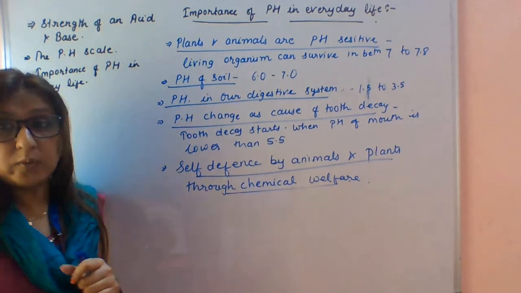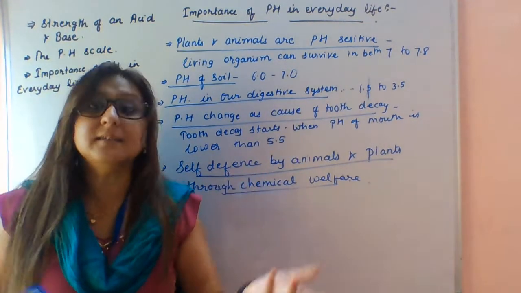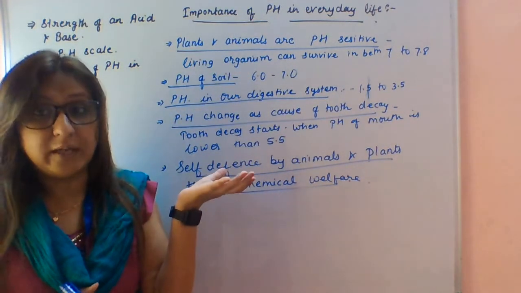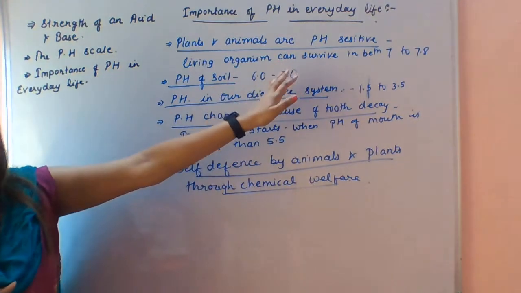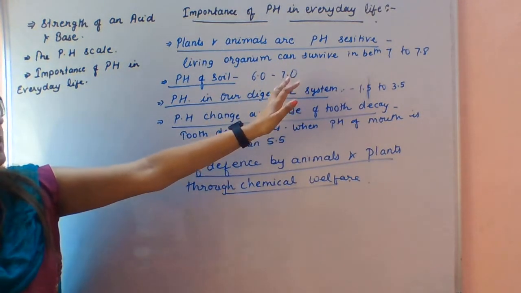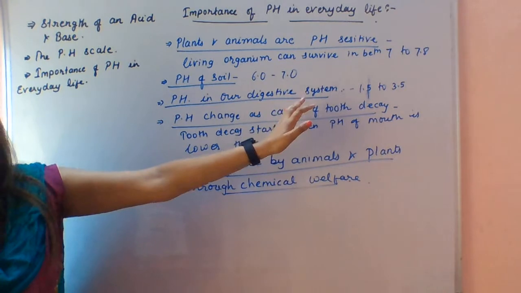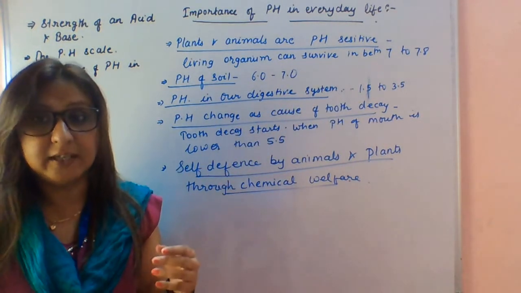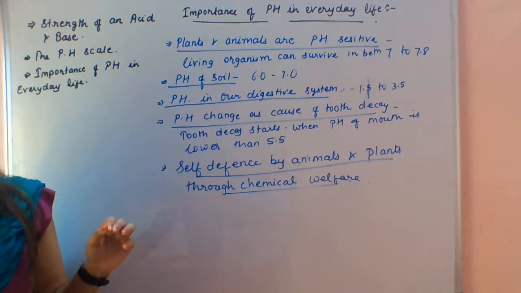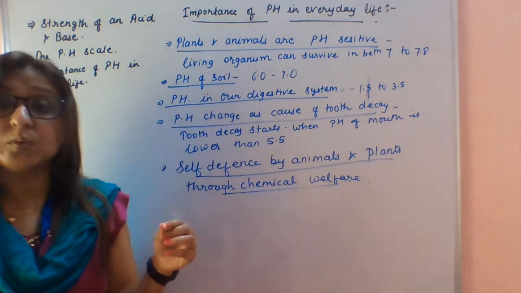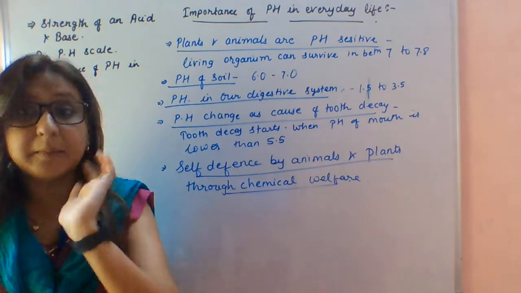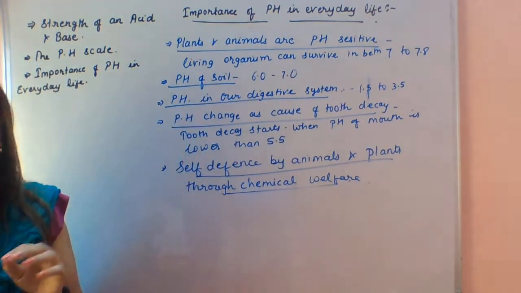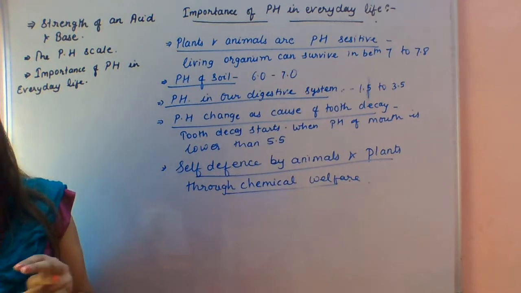Below this range we can't survive, or above also it's difficult to survive. So there is a very narrow range where living beings can survive easily. That is 7 to 7.8. Okay. So like the pH of rain. Sometimes you have heard about acid rain, no? The pH of acid rain is about 5.6. Definitely 5.6 is very harmful.